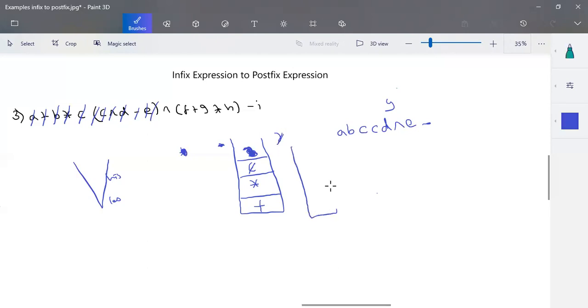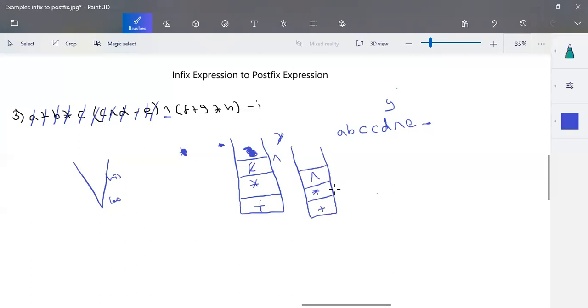Okay, so now I'll just draw this again. So we'll have star on the stack and the remaining elements are popped out. Now the next element to be scanned is the power of operator. It is an operator, so we have to push that operator on the top of the stack. Now compare power of with star. Power of has the higher precedence, so we can place it on the topmost element of the stack.